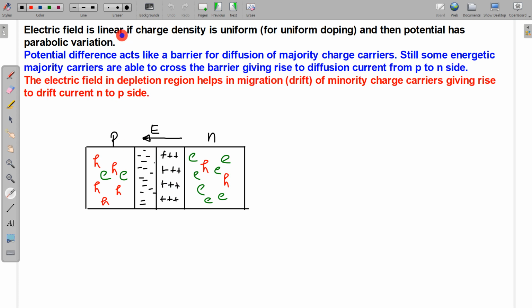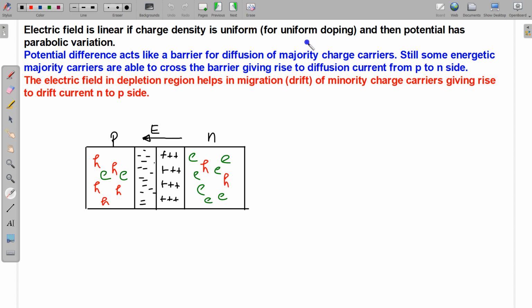So electric field will be a linear function of distance if charge density is uniform. If this charge density is uniform, this is negative charge density, this is positive charge density. So electric field will be linear. And if we are interested in the calculation of electric field, we can use Gauss law if we know the charge density here. So if we know the charge density, we can use Gauss law to find the electric field in this depletion region. So this will come linear if the charge density is uniform,